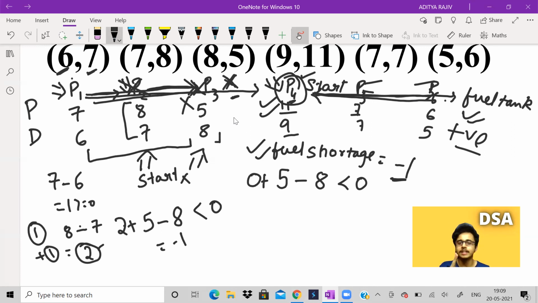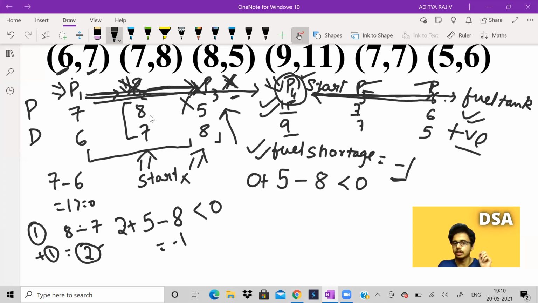So two important things that we have to know to solve this problem is, if at all the fuel tank becomes less than 0, we don't have to check if starting point can be anywhere behind it. See over here in this example, fuel tank value became less than 0 at the third petrol pump. We don't have to check 3, 2, 1. What we need is how much fuel shortage was there.